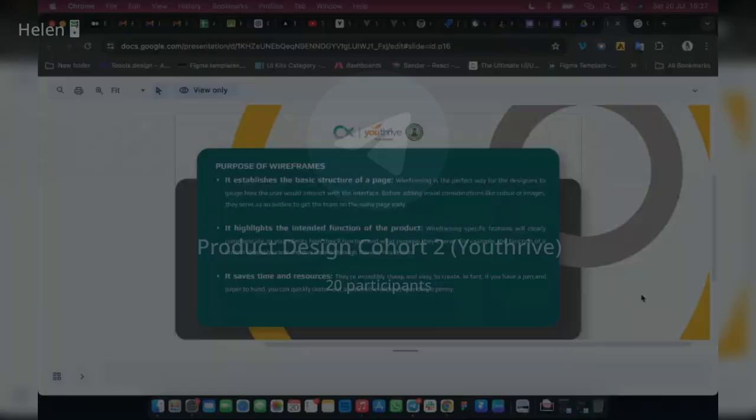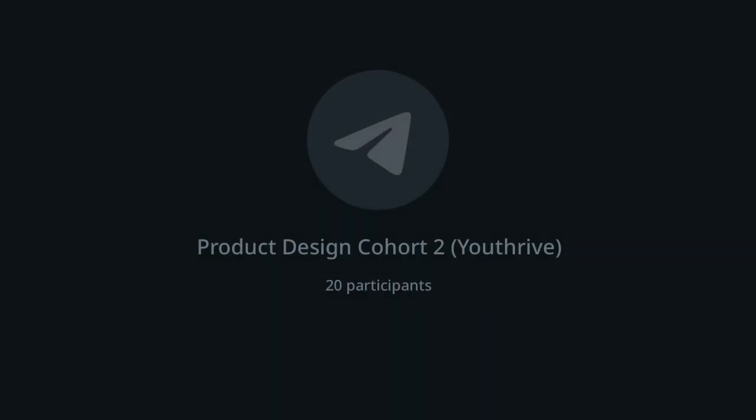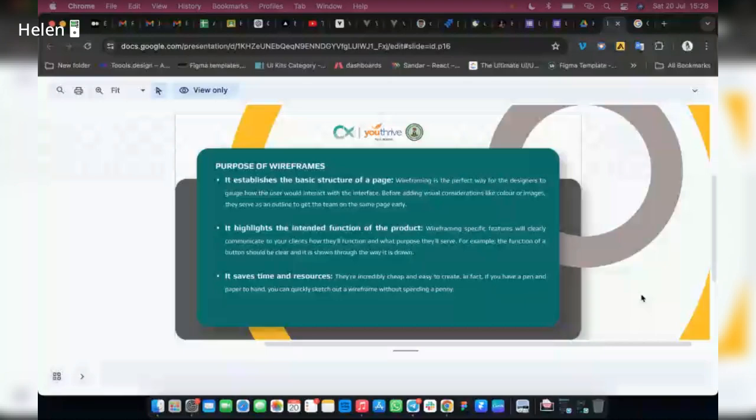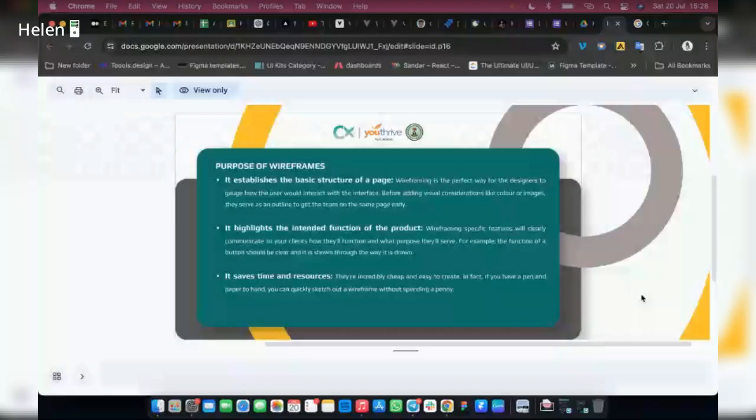And then they bring it back to the team, either by Google Meet or physical, depending on how their team is. Then they will look at it together and say, okay, this is perfect, this is okay, why not take out this, why not bring this section to the bottom and take this section to the top, something like that. Now, to give you the basic structure of how that page will look. So by the time you're done with getting the perfect structure for that page, that is when you can now go ahead by putting your desired color, using your desired font, using the particular image you want to use,